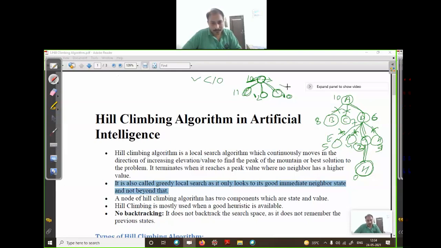It will not even follow the path which has the same heuristic value. It will stop here and return the current path from which you reached that point, or if it is not the goal, it will return fail if it is not able to find the solution. It is always looking for a better solution.